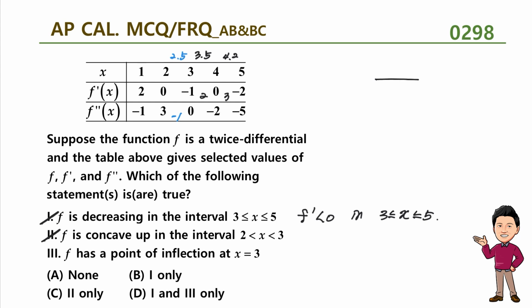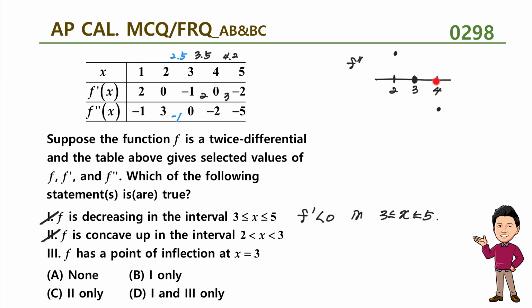I'll show you. When x is 2, f double prime is positive, let's say positive 3 here. When x is 3, it is 0 here, and when x is 4, it's a negative 2 here. Okay, but we don't know between 2 and 3,